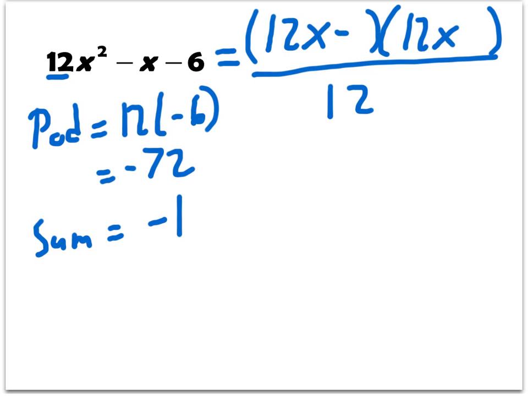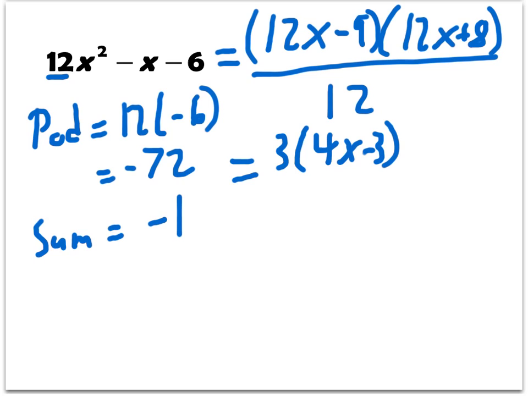Well, let's try, how about a negative 9 and a positive 8? Right? Negative 9 times 8 is a negative 72. Their sum is a negative 1. And so that should work. Okay. Now let's see if we can factor anything out. Well, it looks like we could factor a 3 out of that first term. And so we're going to get a 4x minus 3. And then we could factor a 4 out of that second term to get a 3x plus 2